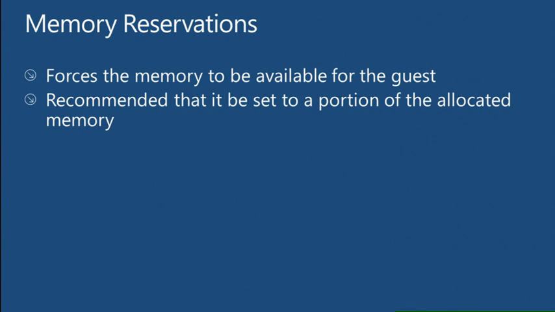So if I'm worried about ballooning and taking memory away, I'll set the memory reservation for these servers to some setting. And that setting is going to be whatever the minimum amount of memory is that I need to keep my application functional. Not running at peak performance, but make sure it's running. Because we want to be able to return some of that memory in these weird emergency situations back to our host platform. So if I've got a 64 gig box and I know that I need 32 gigs of memory for SQL Server to make sure that the virtual machine is running like I want it to be running,